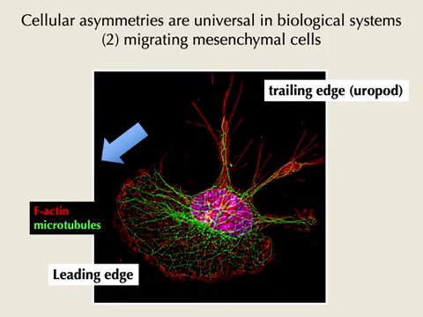So going back to this migratory cell, if this cell is migrating in this direction, polarity is obvious, right? So it jumps at you. You always have, or often have, like in this case, a very conspicuous lamellipodium. That's a lot of protrusive activity, a lot of actin dynamics, right? So again, there are connections to be made between this behavior and all the actin dynamics we talked about two lectures ago. So this is often called the leading edge. There are also microtubules organized in a particular way. And at the trailing edge, instead, the cell is sort of constricting and moving forward.